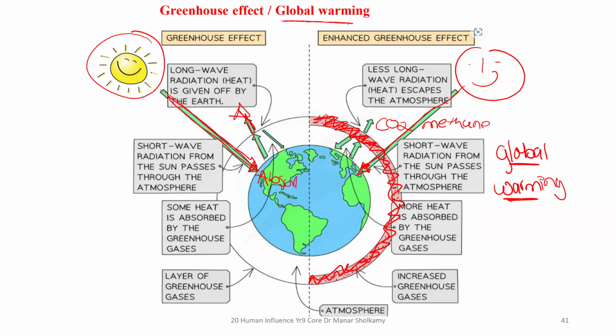Global warming, from the name, this is when our globe, when our Earth becomes warmer than normal. Our average Earth temperature increases above normal. Why? Because of our bad habits, because of our pollution, because of the release of toxic gases, and you need to know those two, carbon dioxide and methane.